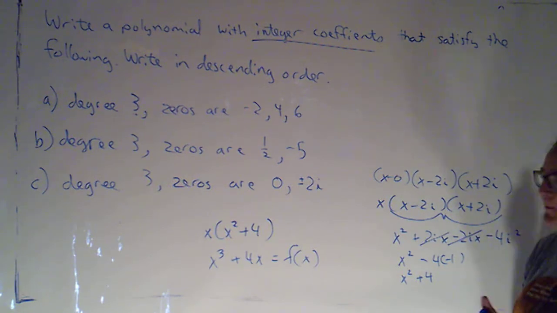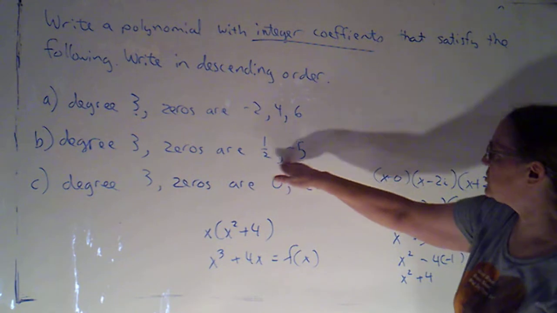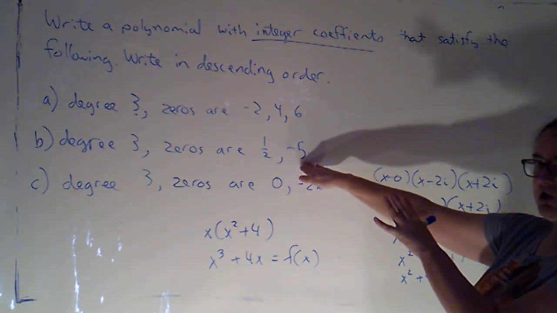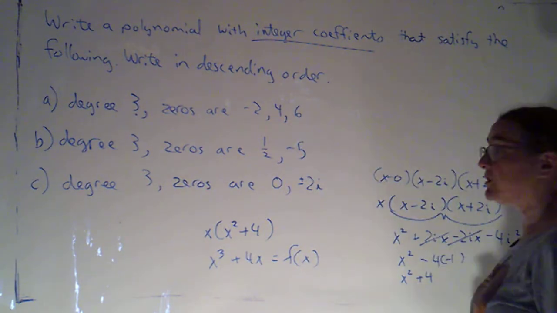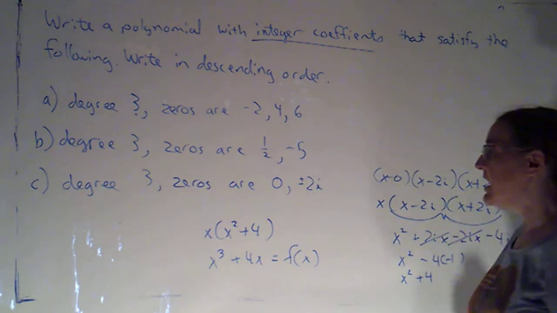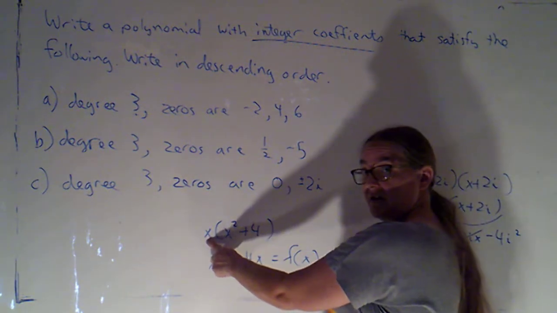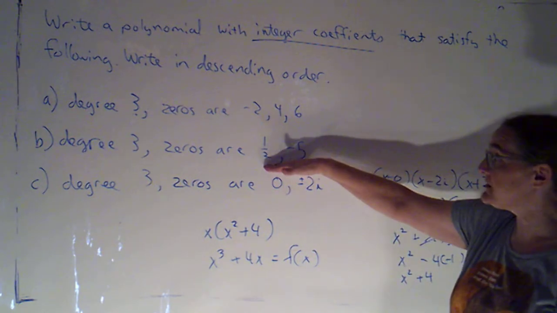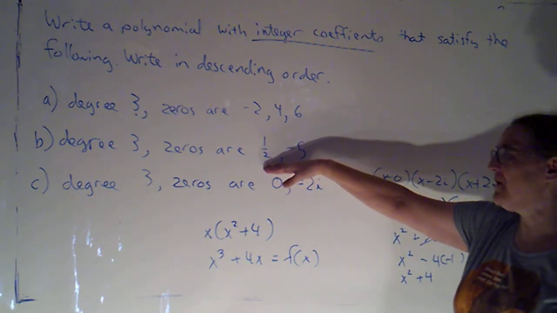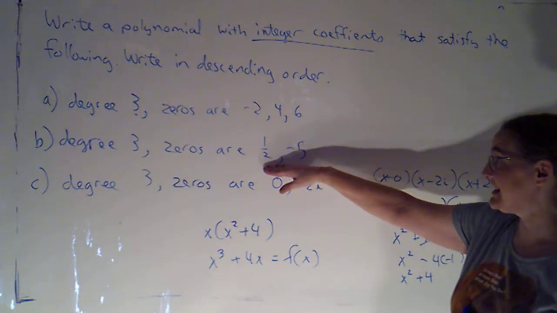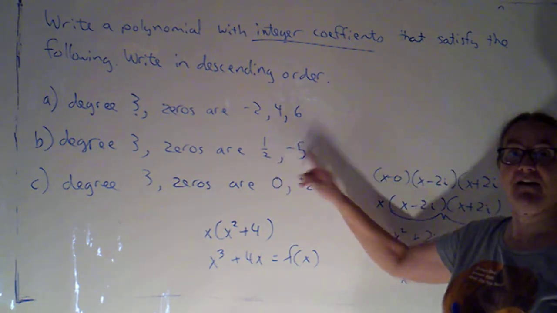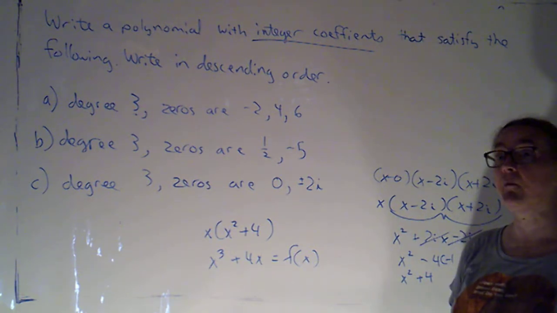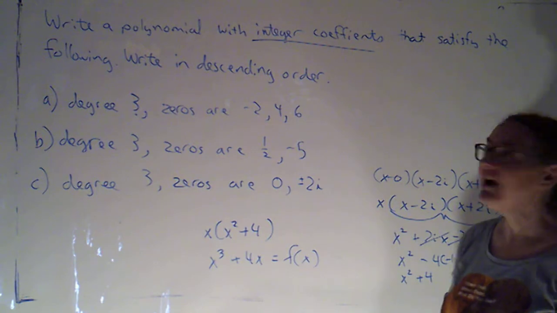And sometimes people think, in a problem like this where we had two factors, and so if we just worked with those two factors, we were going to get something of degree 2, sometimes people try and say, well, let's just multiply by an x. That'll raise the degree. But anytime you multiply by x, you're introducing that 0 is a 0. And so if you were told these are the only zeros, there's going to be no factor of x. We had to do what we did instead, which was make one of the corresponding factors for the zeros that we did have simply be repeated so that that 0 had a multiplicity of 2. All right,